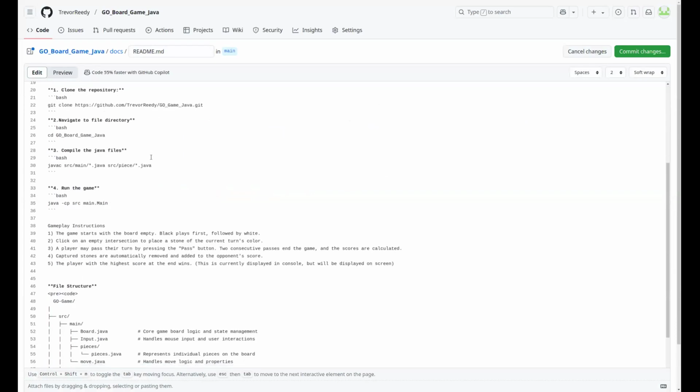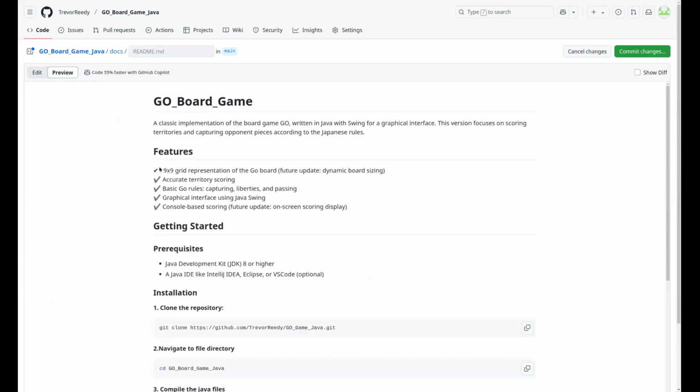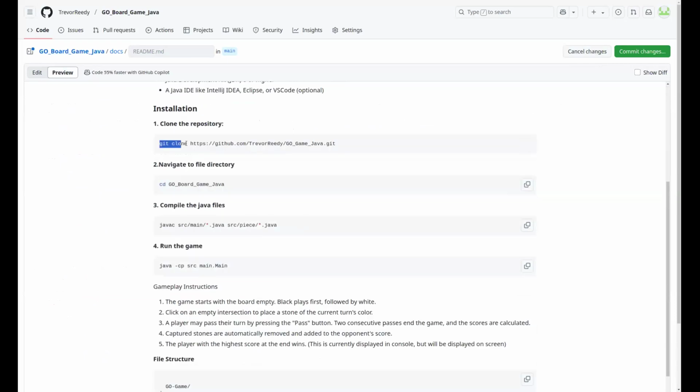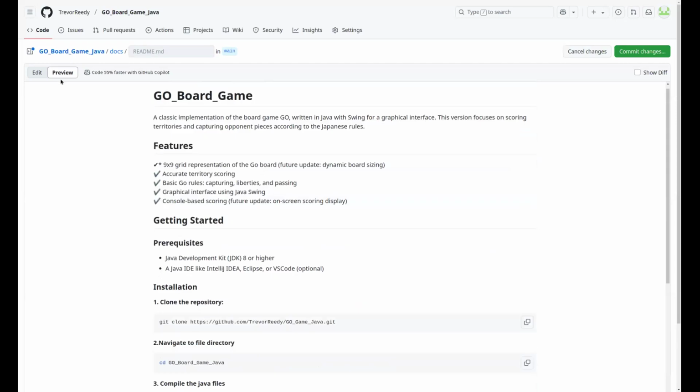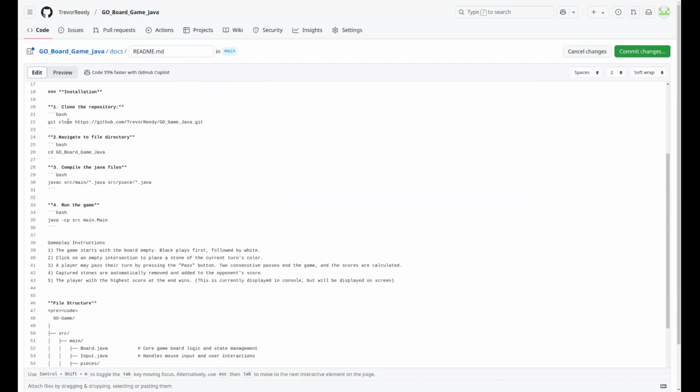And one of the things I found was really cool as well, if you notice down here with these git clones, there's actually a copy button that the user can just click and it copies the entire text, so there's zero way they can err and, for instance, not copy git or not copy a single letter. This makes it easier to give these instructions out to people. And this is done by using the triple backtick.